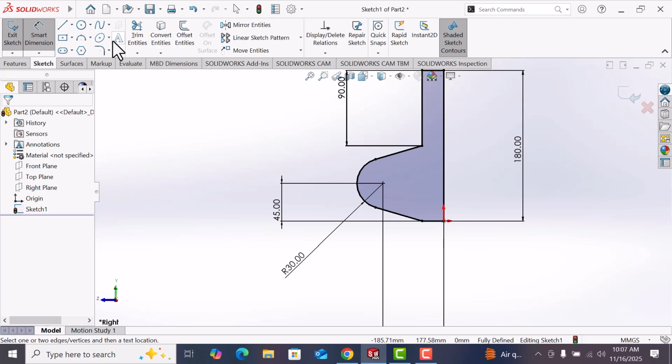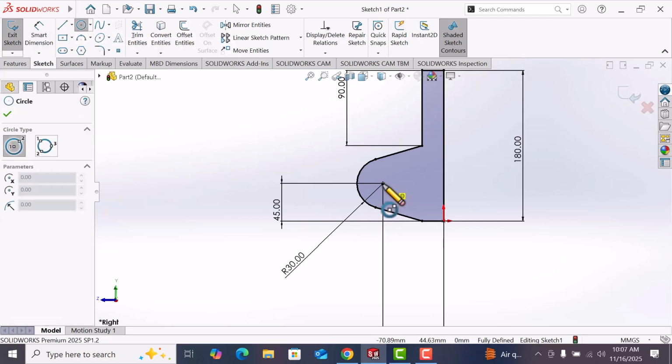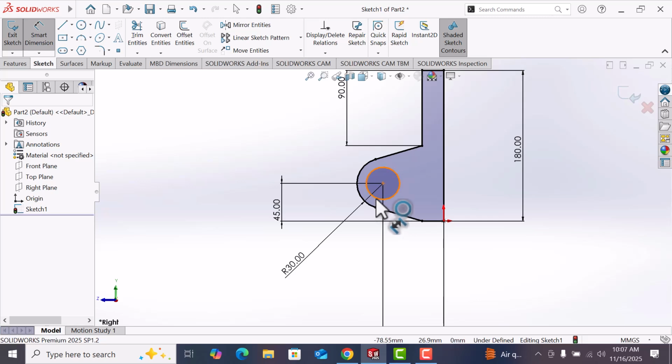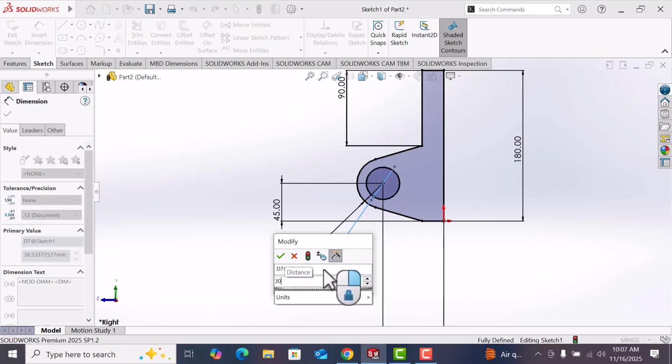Okay. Now go to circle. Now draw from here. Now give the smart dimension value, this circle value 30. Okay.